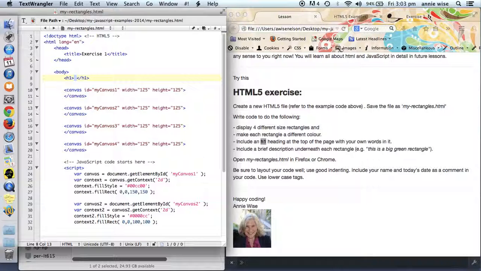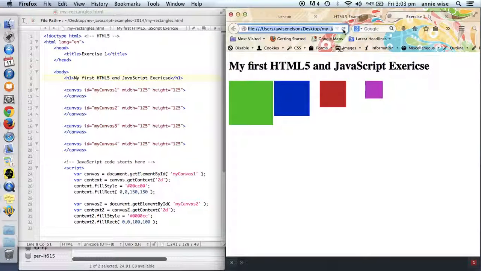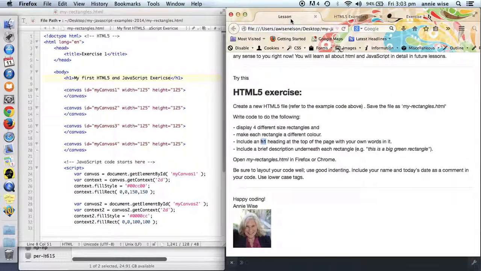With our own words in it. You can put whatever you want here. My first HTML5 and JavaScript exercise. Whatever. If you refresh your exercise page, you should see those words at the top of the page. Beautiful. And the lesson also says